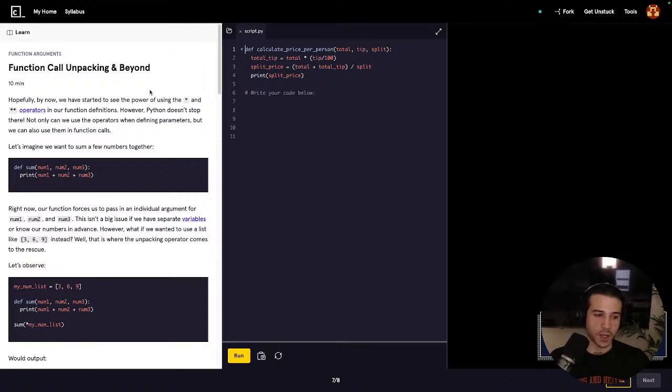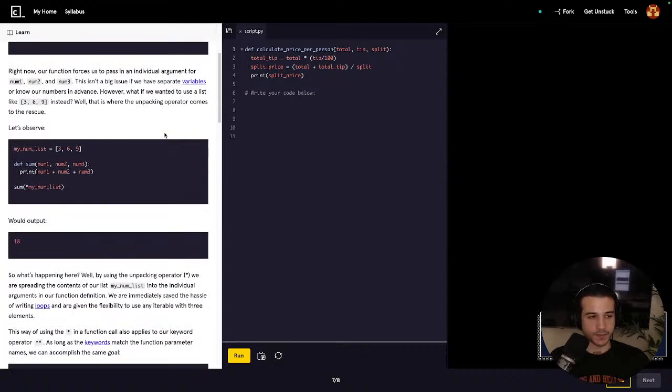Let's observe. My num list equals 3, 6, 9. Def sum num1, num2, num3, print num1 plus num2 plus num3, sum asterisk my num list would output 18. So what's happening here? Well, by using the unpacking operator asterisk, we are spreading the contents of our list, my num list, into the individual arguments in our function definition. We are immediately saved the hassle of writing loops and are given the flexibility to use any iterable with 3